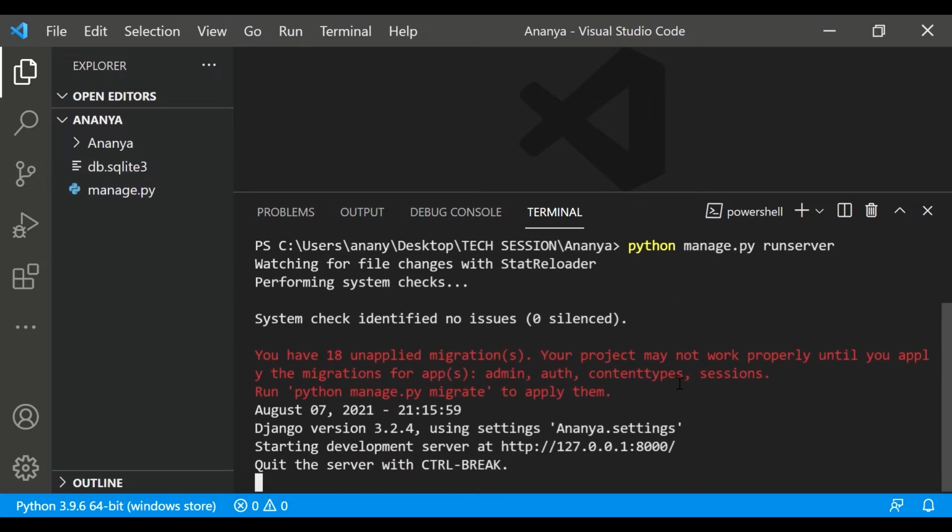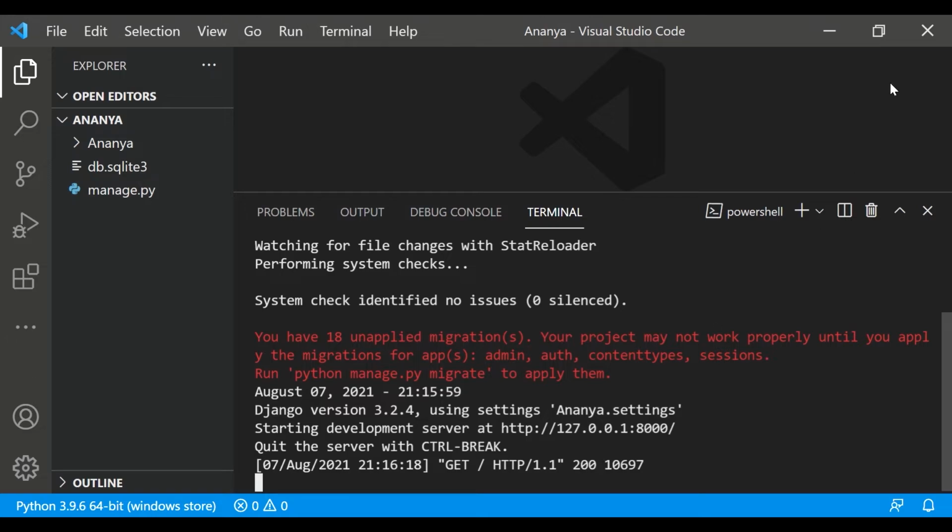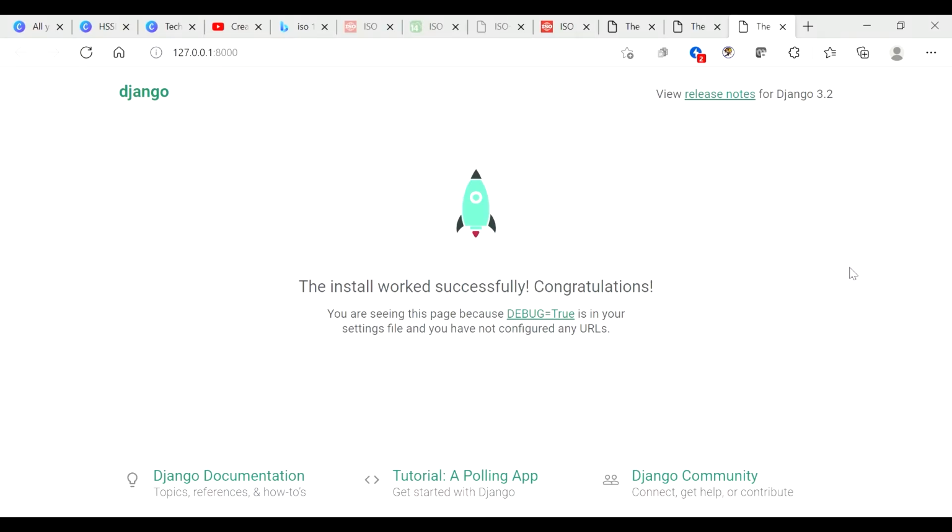And don't be worried about this error. So here is the link, http://127.0.0.1:8000. Here we will find our website launched. So we Ctrl+click on this link. The moment we click on this link, it brings us to this page. This is the inbuilt Django page. Here is the link that we came to, and this page says that we have successfully installed Django. Now we can start off with our project.